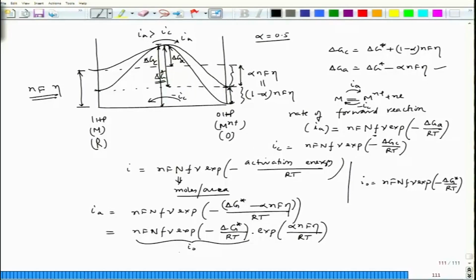So, this is I0. So, it becomes IA equal to I0